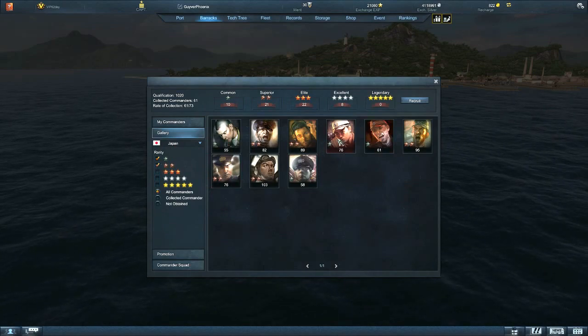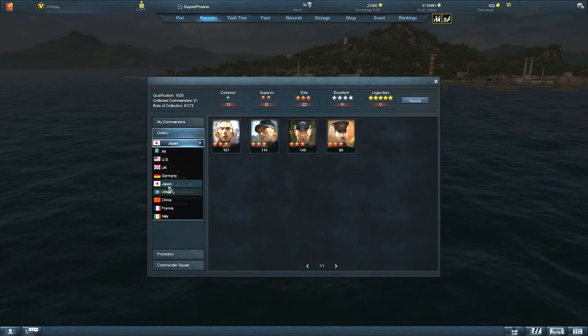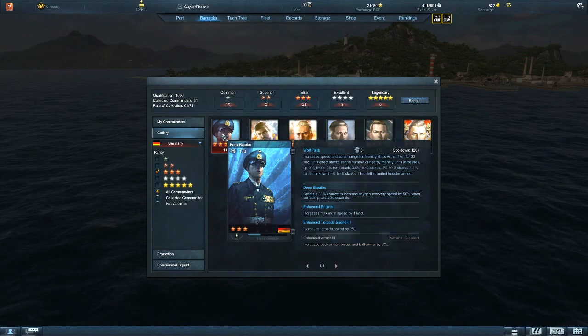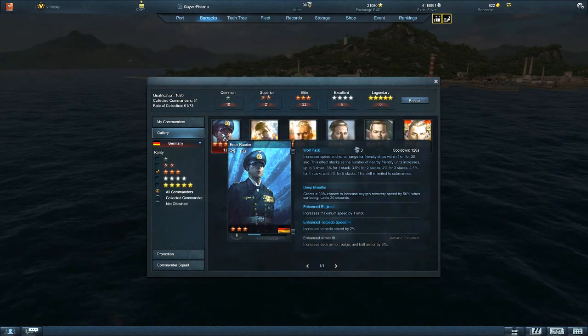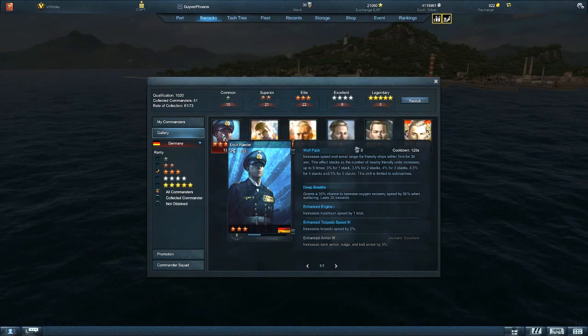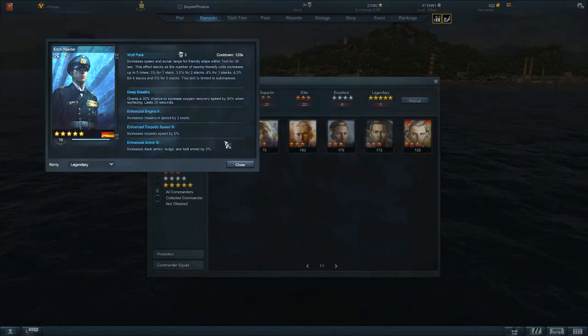Following Fujiwara, a lot of people, myself included, for the meantime, run Eric Reeder on a sub. He has deep breaths already, which is huge. It proxies quite often, surprisingly. Often you can go up and down. He increases your max knot and he increases torpedo by 2%. His excellent ability, not really